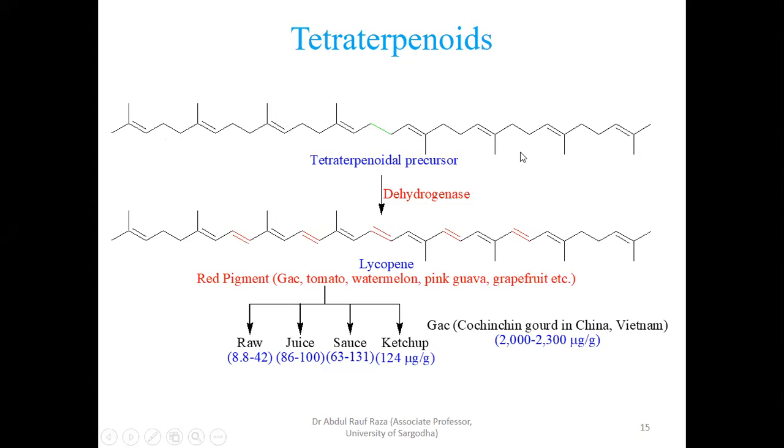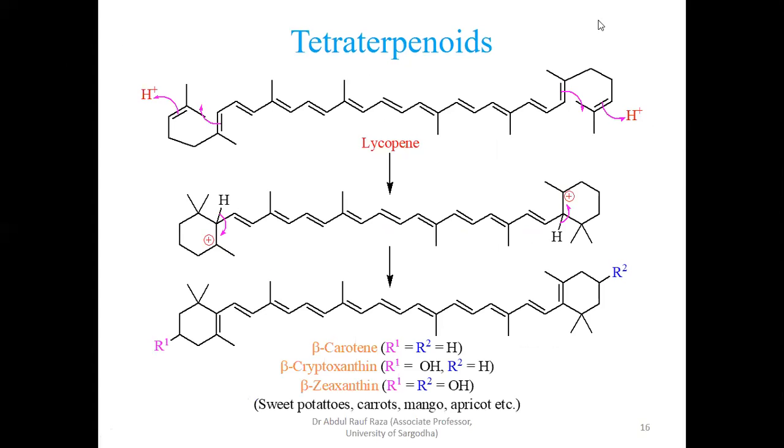You see, this methyl and this methyl are in opposite directions. This part and this part are mirror images, very similar to squalene. So what happened? This action is taking place here, and the same action is taking place at the end. It results in a double bond here and a double bond here. Again, 11 double bonds are in conjugation.